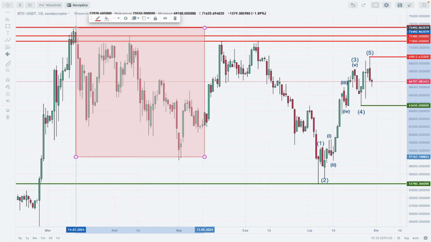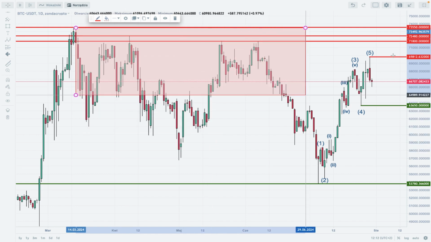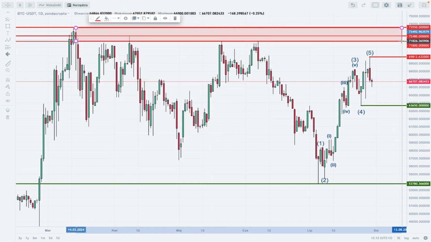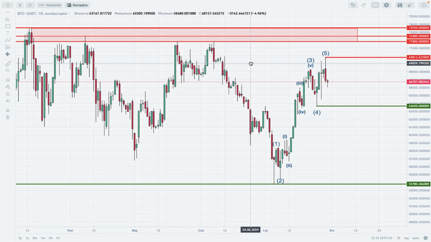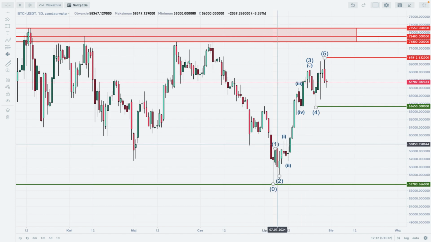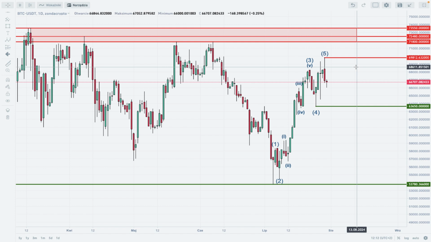So from this time period we got the supply zone. Now this movement to the upside might be a first leg of the uptrend resumption, but